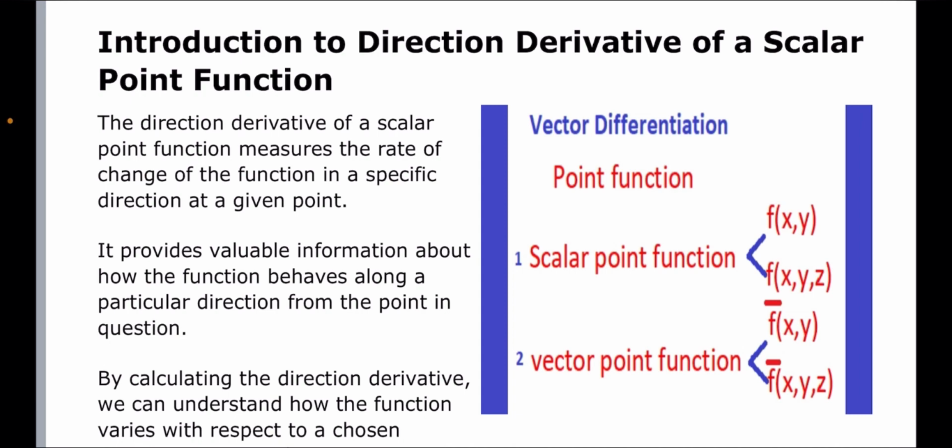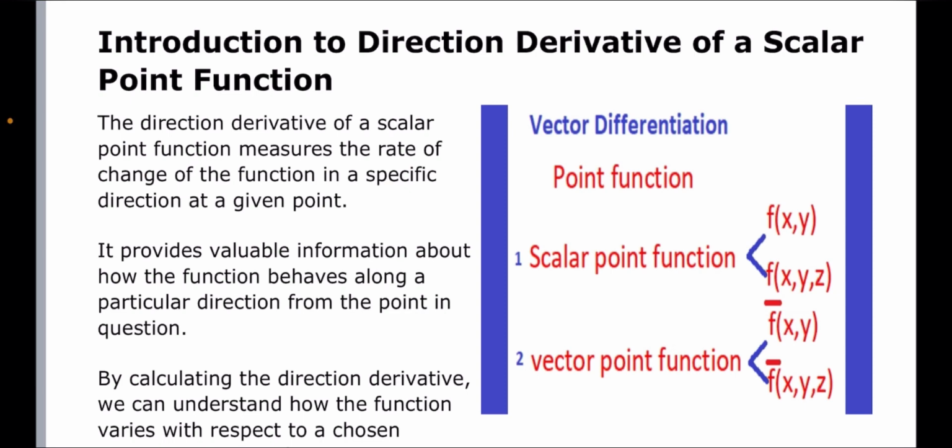It provides valuable information about how the function behaves along a particular direction from the point in question. By calculating the directional derivative, we can understand how the function varies with respect to a chosen